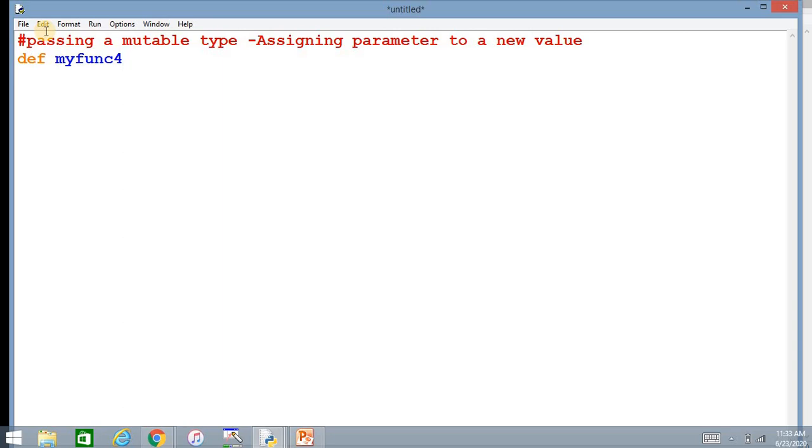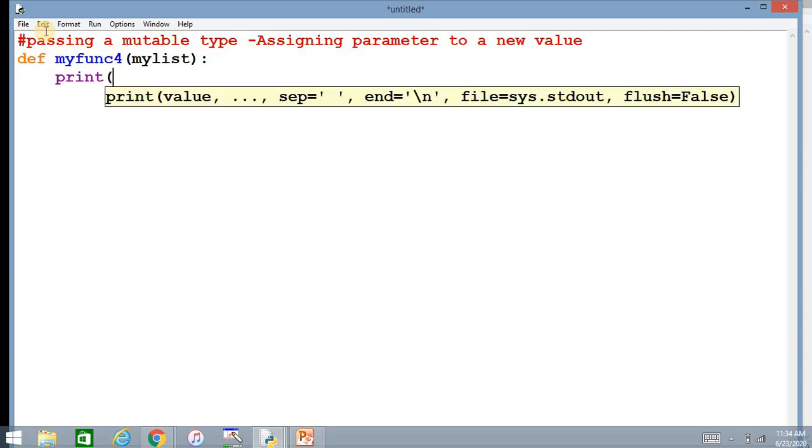In my function 4, I am passing my list, and printing the value of my list here.